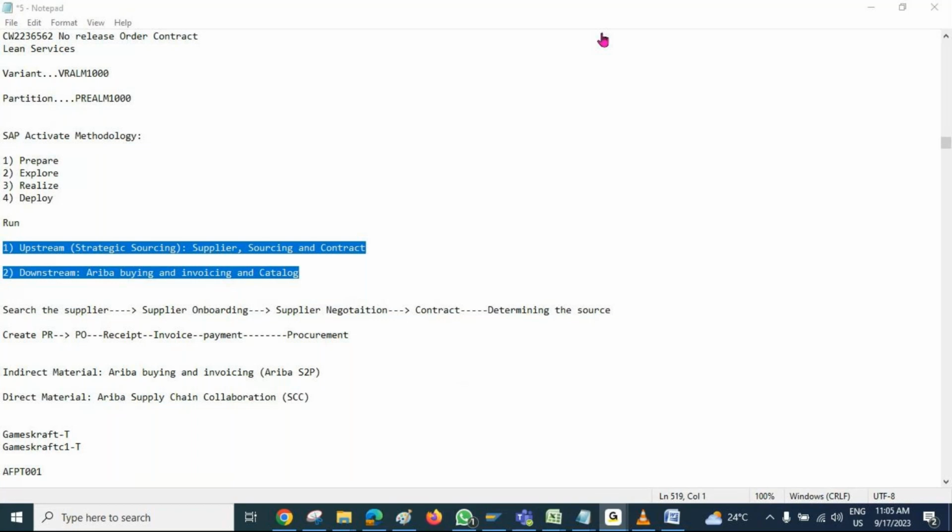If you have basic procurement activity knowledge, then it will be very easy for you. Is there any other SAP module we have to be familiar with before going to SAP Ariba? No, it's not like that. But for HR, you can check out SuccessFactors as well.